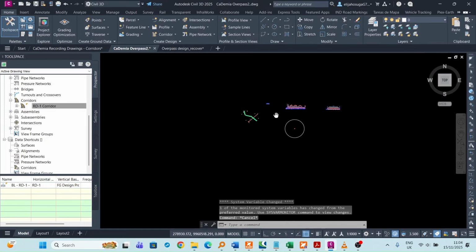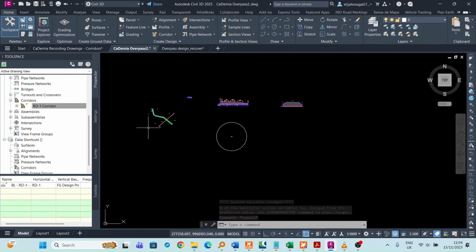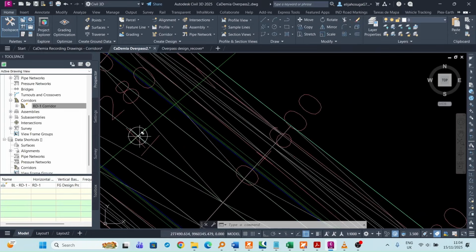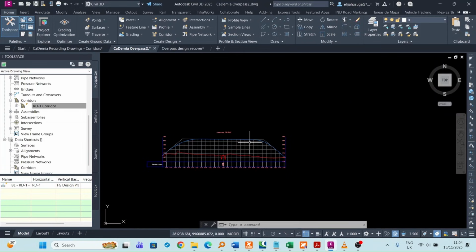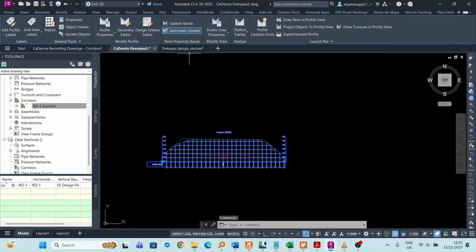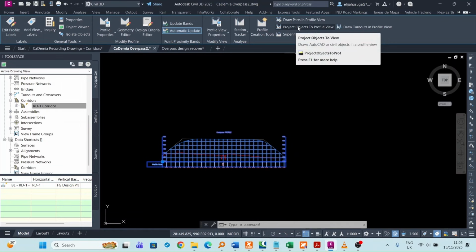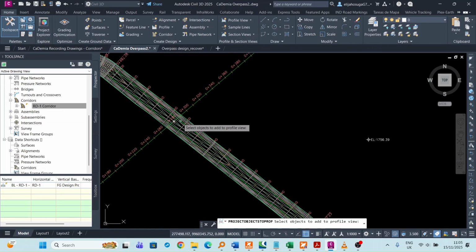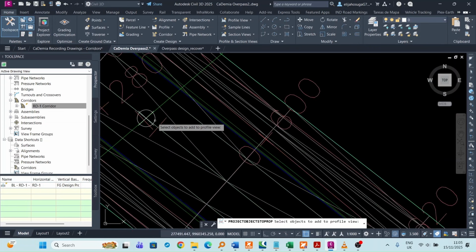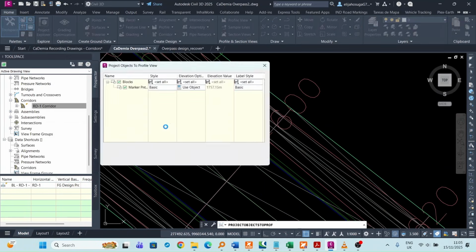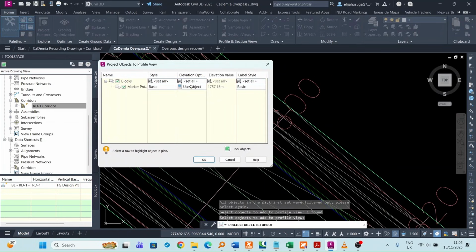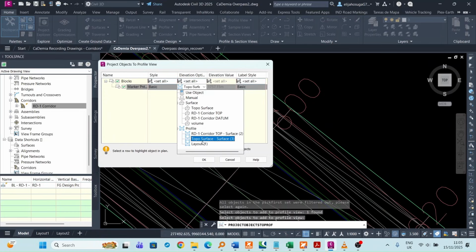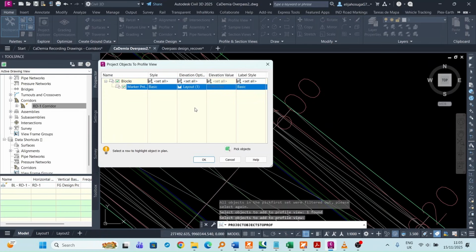Now I want to project it to this profile view. So I go to the profile view, and once the contextual tab shows up, I go to project objects to profile view. Then I'm prompted to select the object to add to profile view, and I select that object and hit enter. And I want to project these to the layout profile, the design profile. So I select the layout profile,